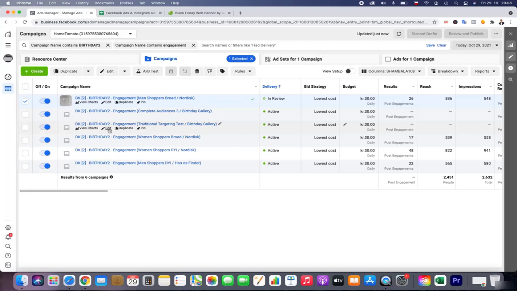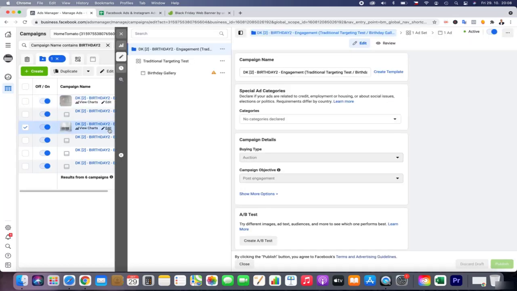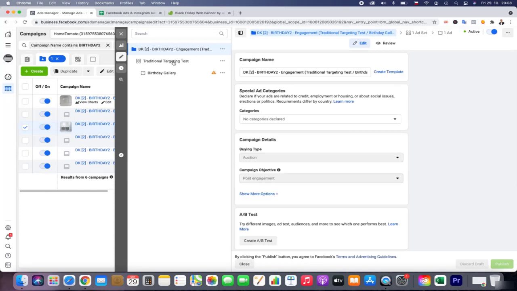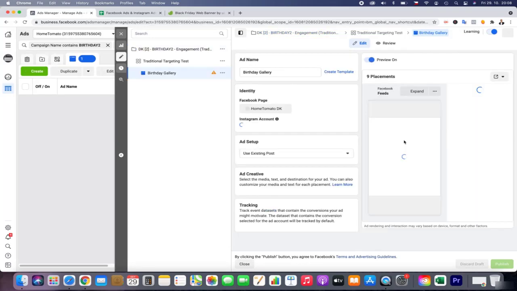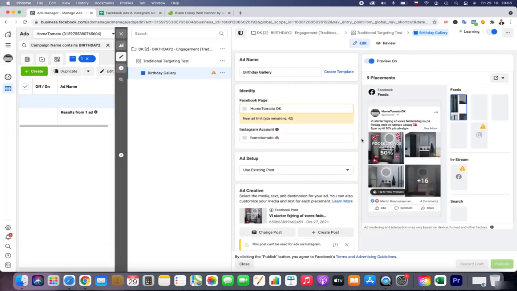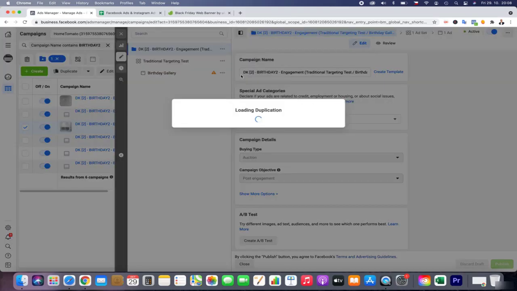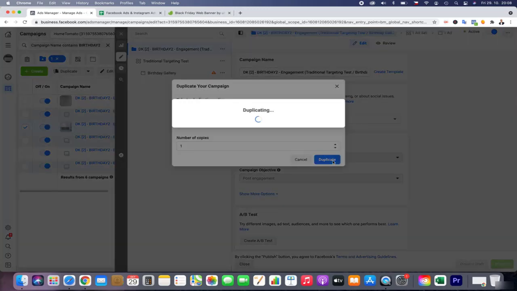As you can see, yeah, I would definitely do more. We have this birthday gallery, and we shall definitely give it more power. So let's duplicate it and create more.